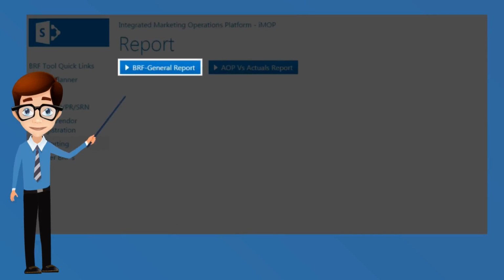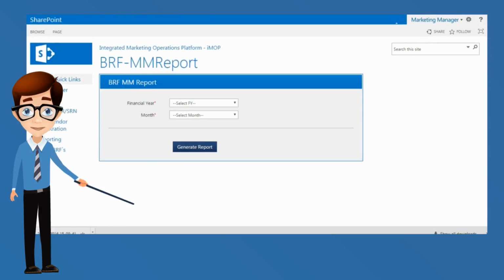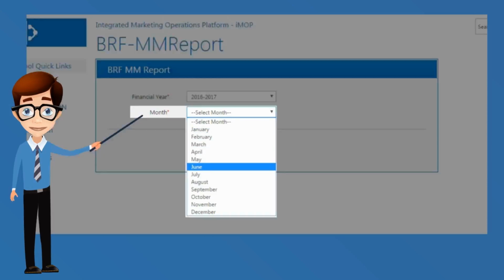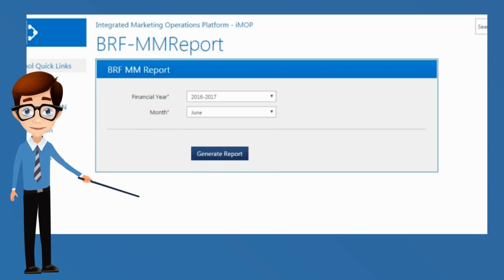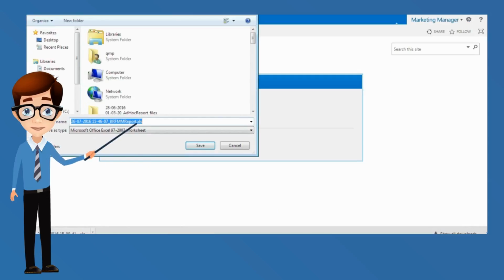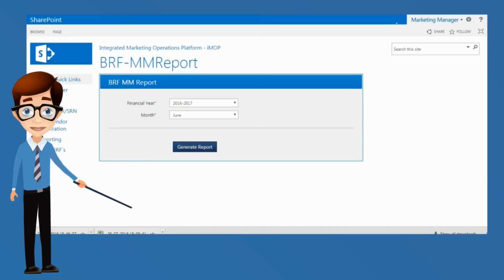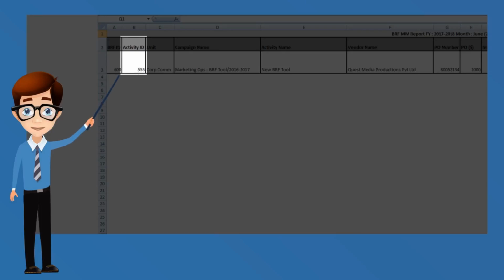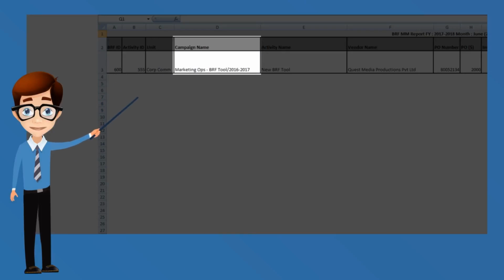Marketing Manager Perspective. Here, a marketing manager would first need to select the financial year and the month. The marketing manager would only be able to download and view the reports for the verticals or unit to which he belongs. Once the report is downloaded, the marketing manager can view the BRF number, activity ID, unit, campaign name,